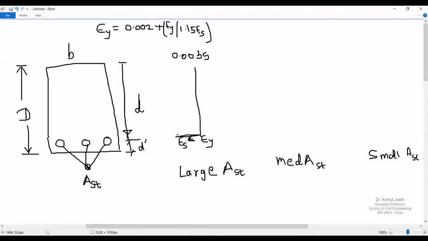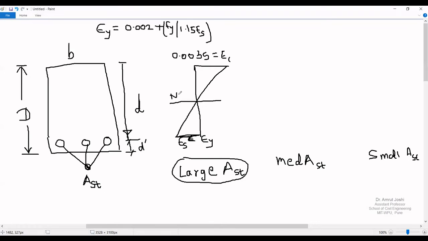So this is the strain at the level of tension steel, which is less than the yield strain. However, the concrete on the extreme compression fibers has reached a strain equal to the failure strain of concrete. So strain in concrete here is 0.0035, and therefore if I join these two locations by a straight line, this is the bending strain distribution diagram at failure for a cross section which has a large area of steel provided. Now, as you can see, this is the location where bending strain is 0.